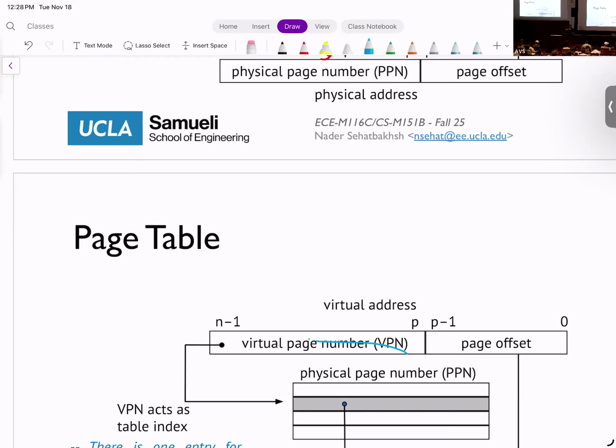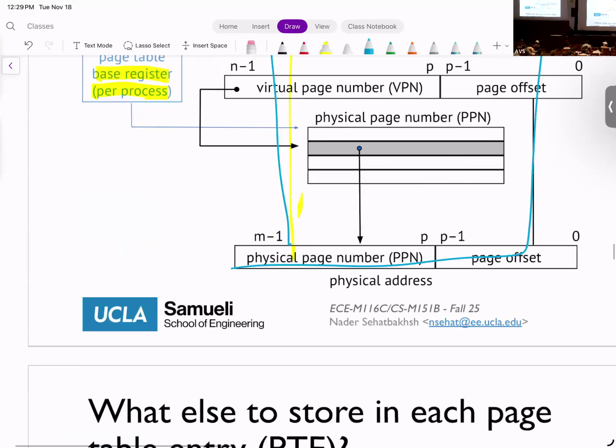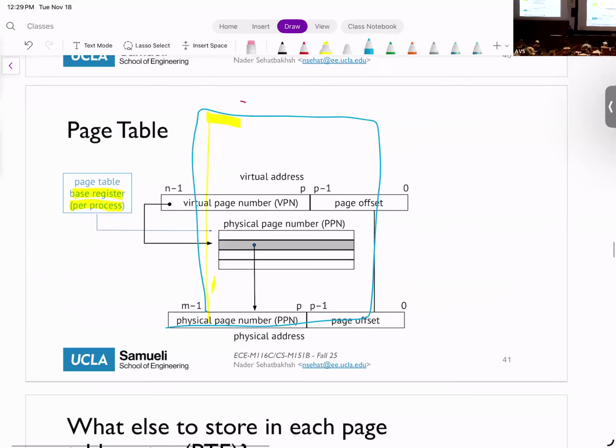Okay. Later on, you're going to see demand paging: if I have more VPNs, I store some of it inside the main memory, I store the rest in the flash, and I swap them. But in reality, you're not going to have all VPNs assigned. You technically can have this many VPNs, but in reality, you have only a small portion of them. Any other questions?